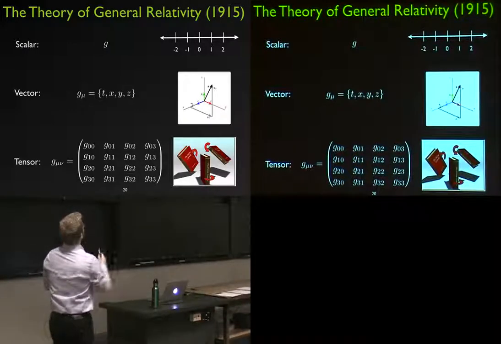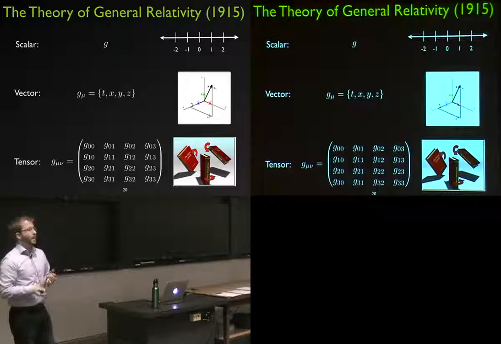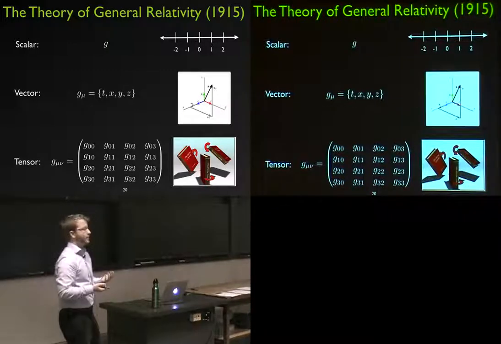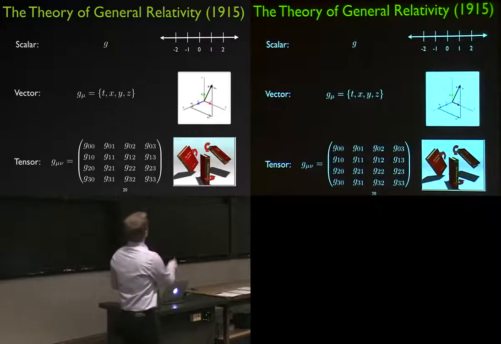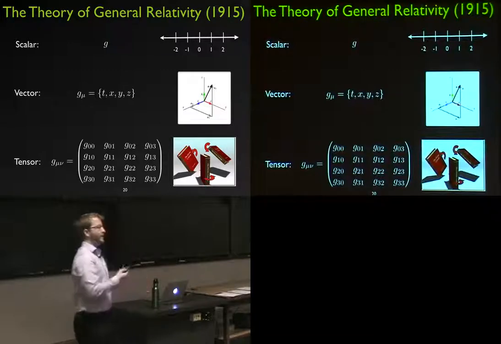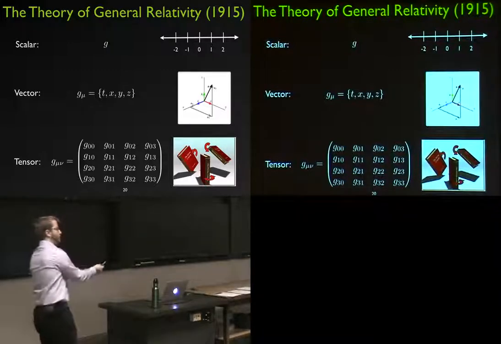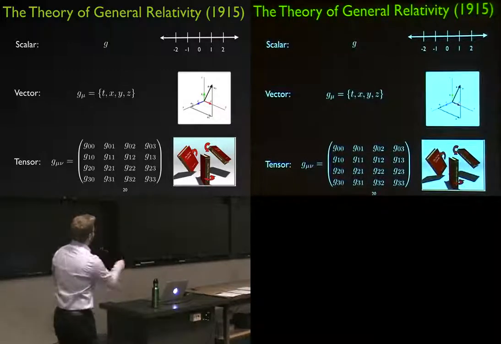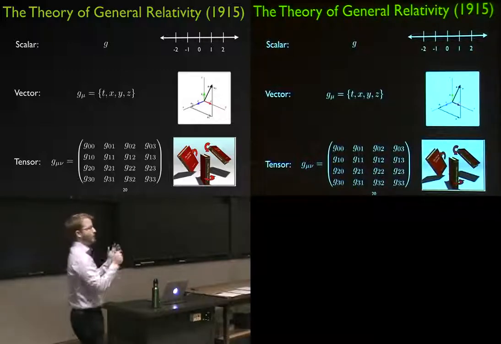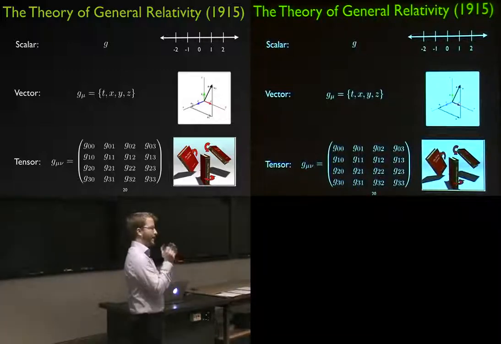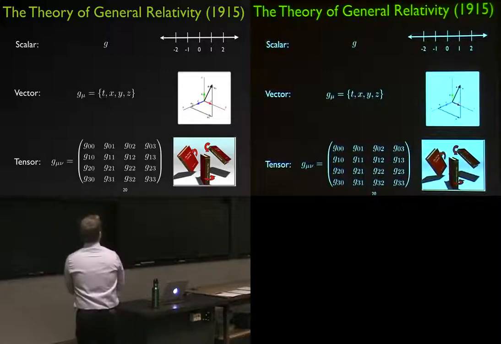Scalars in physics are things like mass. They're a single number that we use to describe some property of an object. A vector is something like a velocity. It's a magnitude and a direction in space. A tensor is something like a matrix. It's a whole bunch of values that are all part of one kind of physical property of an object.